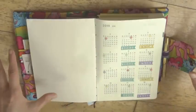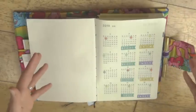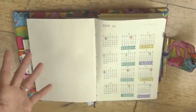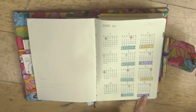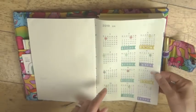So we have 3 dogs, which is a little bit chaotic, and so they all have their worm medicine at the same time and their flea medicine, but then they all have checkups at different times of the year. So I've marked off here when they're due worm medicine, when they're due flea medicine, and then when they're due checkups. And it's actually changed a little bit, so this is kind of inaccurate now, and I'm not sure what